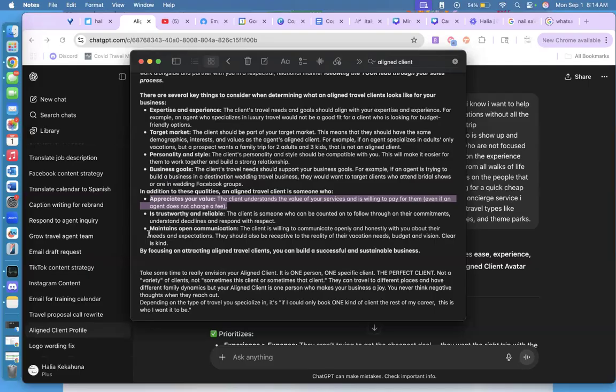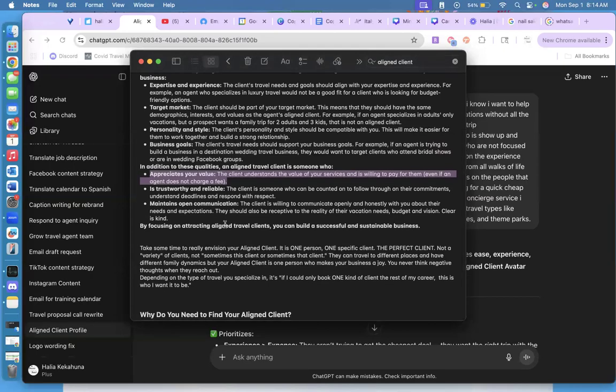All right. In between now and then, I would say do some research, right? Talk with ChatGPT. Okay, ChatGPT is going to be your best friend. Brainstorm with it, right? Figure out what value you can bring to your clients. Okay. And part of that, I actually will show you guys in this aligned client profile on ChatGPT that I created. Okay. You also want somebody that is trustworthy and reliable, okay?